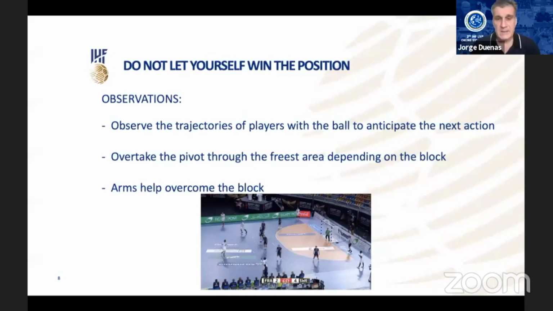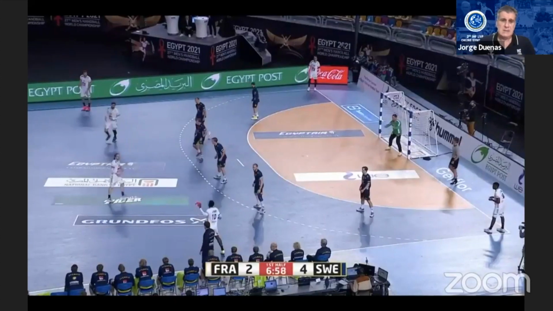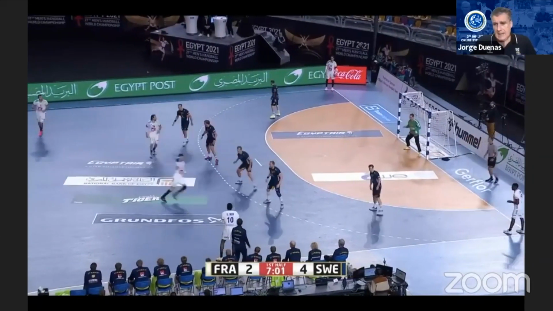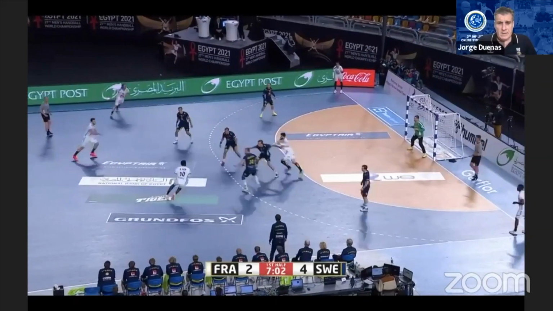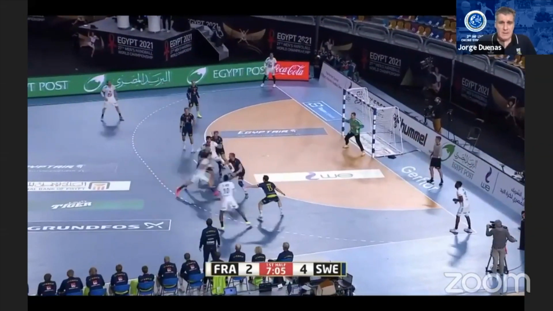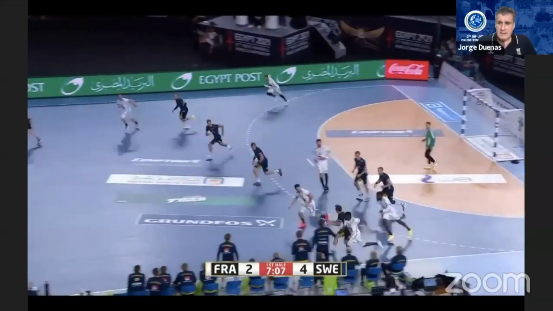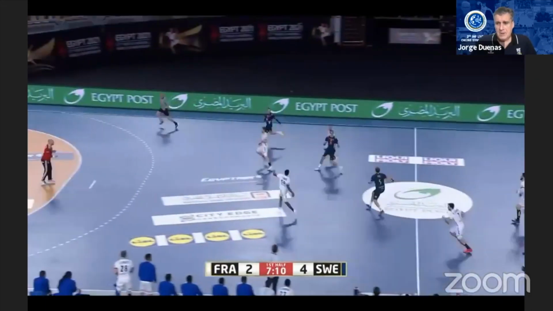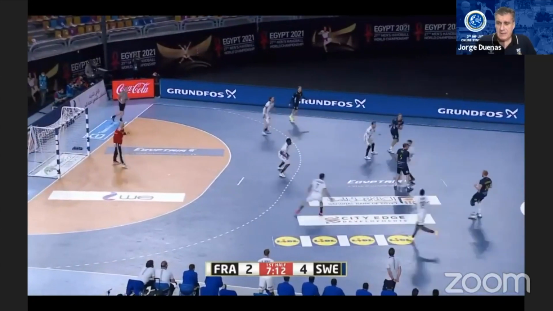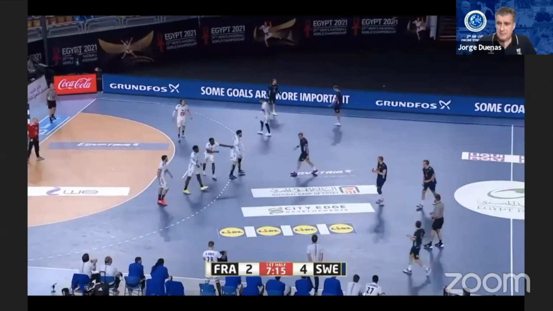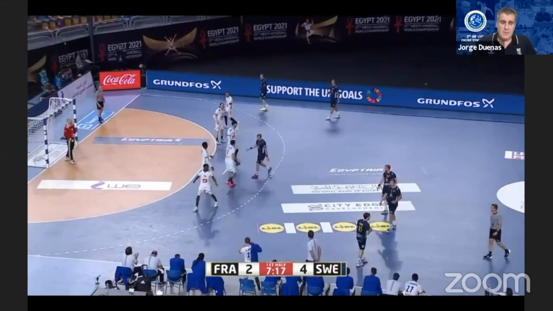Very interesting for me is this main thing to understand: don't let yourself lose the position. And in this case, it's important that the defender observes the trajectories of the players with the ball to anticipate the next action. When you look at this situation again,